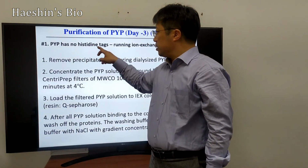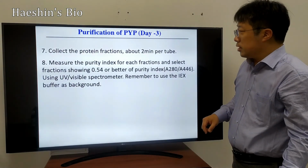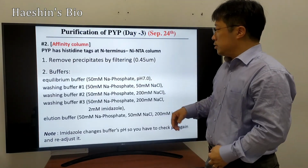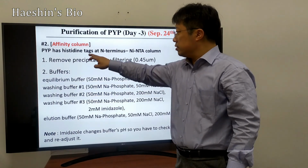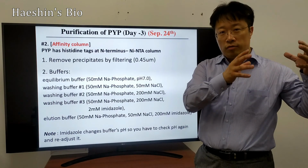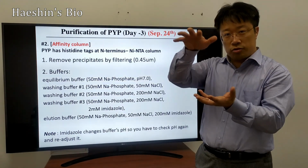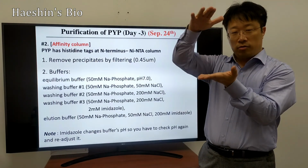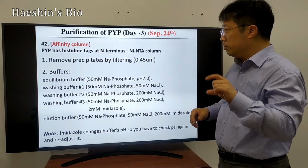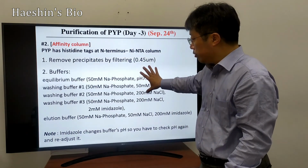That column has histidine tag without cases. Okay. So the second case now is you have histidine tag cases. So now still you have to remember that you have a salting out procedure, and then the salting out procedure, you concentrate it because salt is coming in, you concentrate it, and then now that solution, so now you prepare